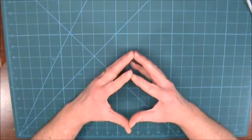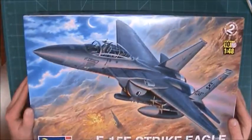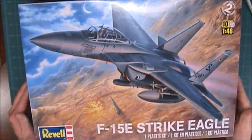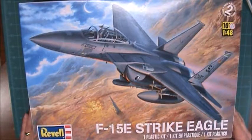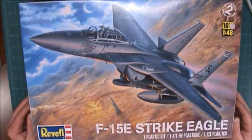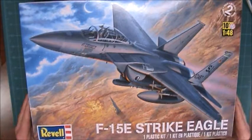So, without further ado, we will start with the F15 Strike Eagle. Revell kit, 1/48 scale. Should provide